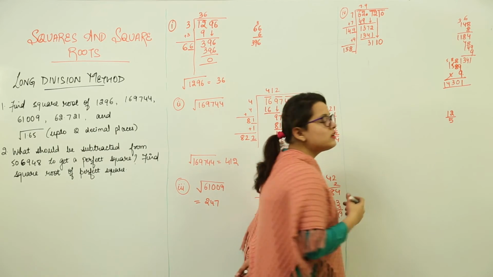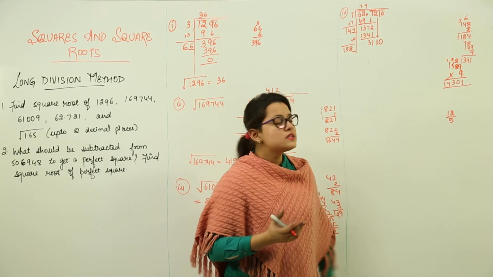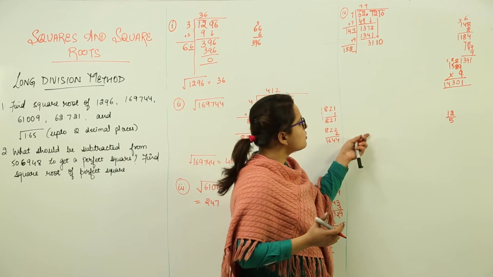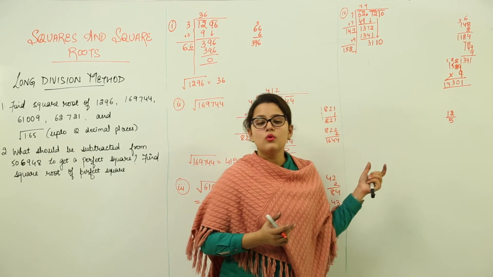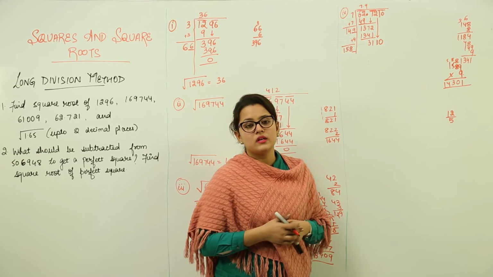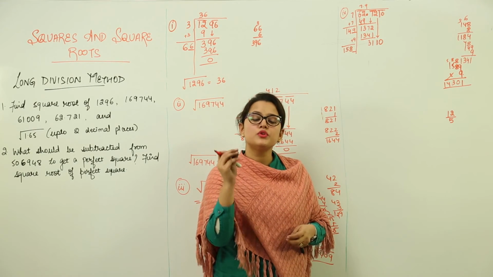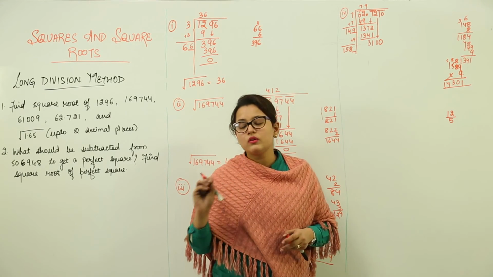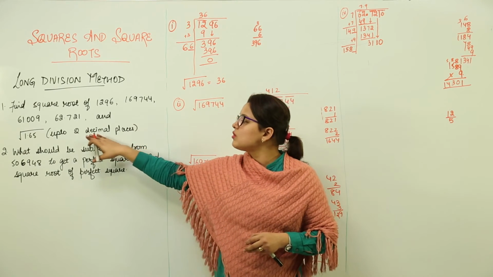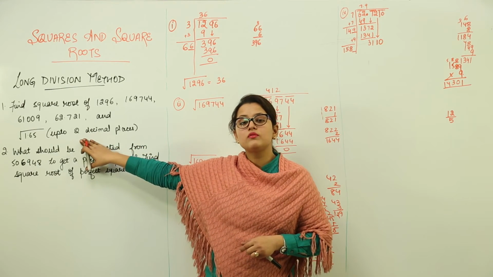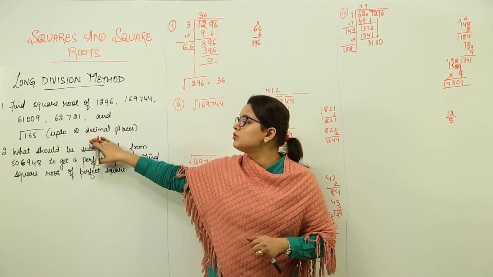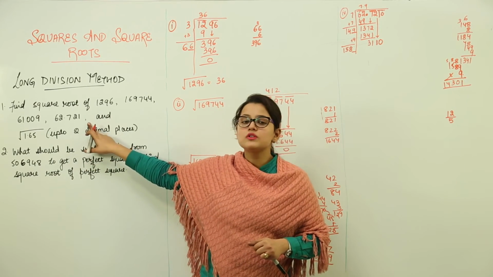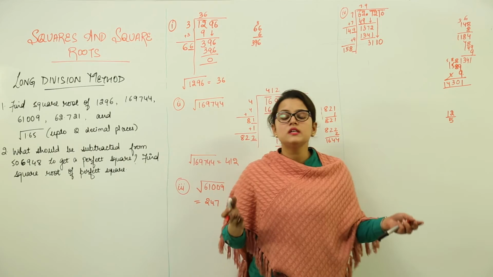You know that it can go on and on, right? Similarly, we have the long division method also, in which the square root can go on as a non-terminating decimal. So in such questions, it depends on you whether it is given in the question. For the last part, it was already mentioned in the question that you have to write the answer up to 2 decimal places, but for this question it wasn't mentioned. So it is not necessary, it depends on you.